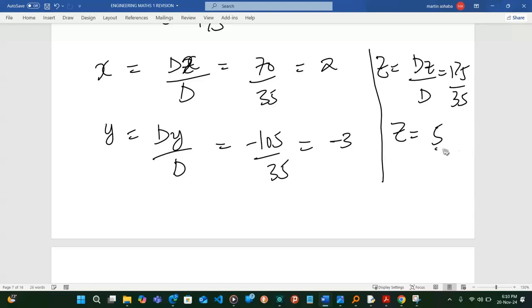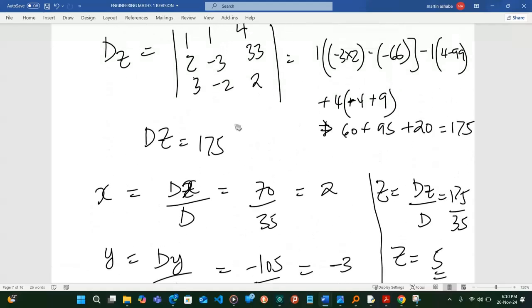So finally, you'll say x is equal to 2, y is equal to negative 3, and z is equal to 5. So ladies and gentlemen, that's how we can solve this problem using